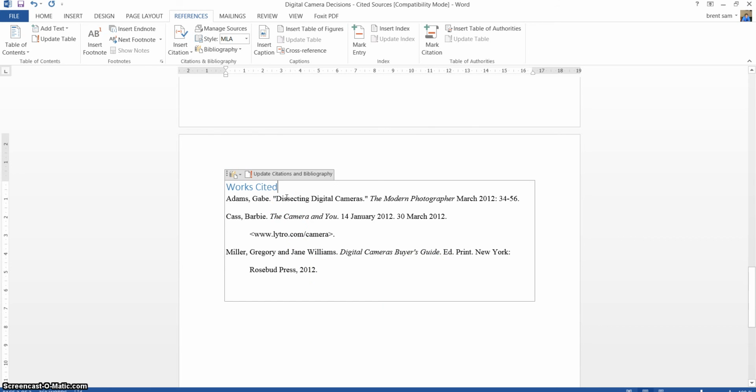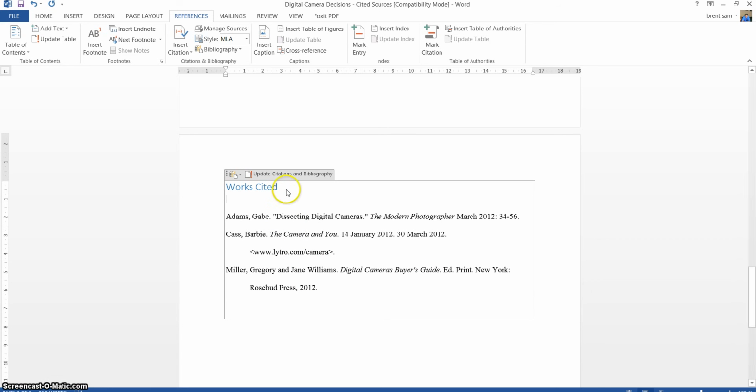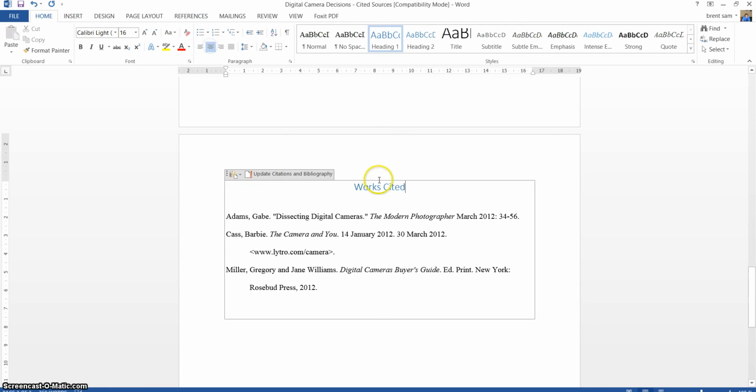And just as we did for the table of contents, you can edit this. You can come up to your home tab, you can center this, you can change the font, you can